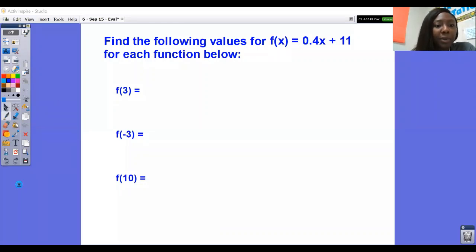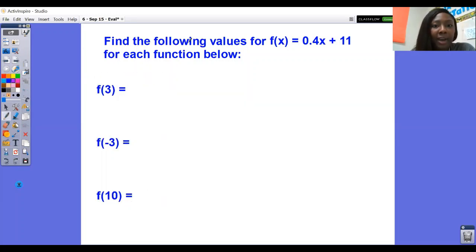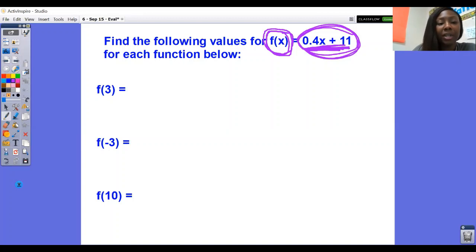This is more of what you will see during your time in this course. If you look at the directions, it says find the following values for f of x equals 0.4x plus 11 for each function below. However, it's the same thing as evaluating. Notice this, it just gives you what your function is. It tells you f of x. You really don't need that part. We need to see what the actual expression is, or the function, right here. And this right here is the part that we're going to use to actually evaluate each of the 3 problems